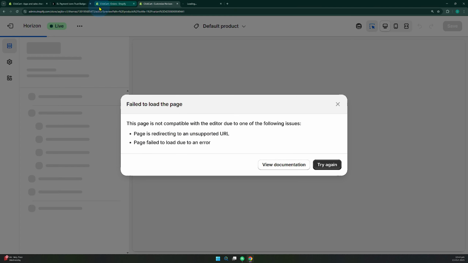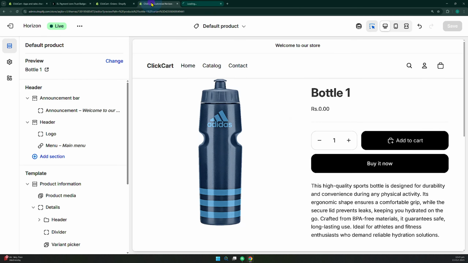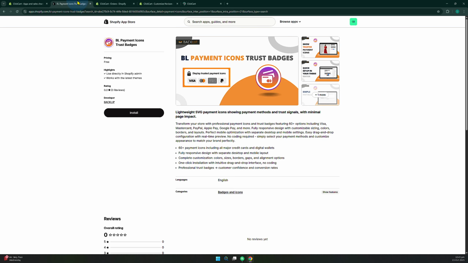Once you actually do that in your front end section, you are going to receive an order in your orders list. You can see currently there are no orders showing up, but we can get them once we actually place an order. So this is how you can add a test order,